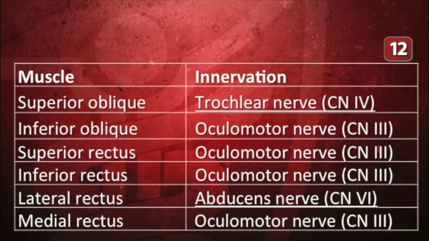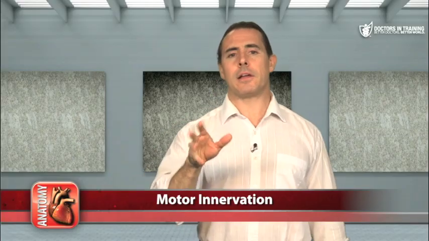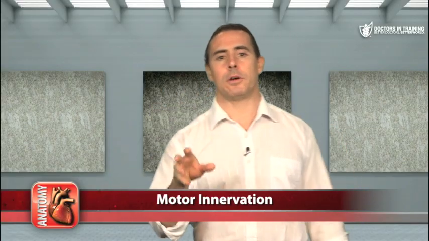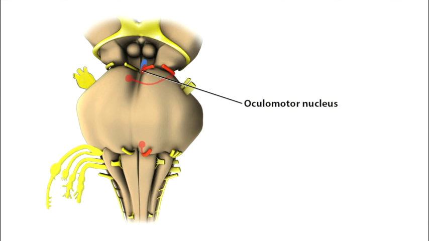extraocular muscles except for the superior oblique and the lateral rectus, which are innervated by the trochlear nerve and the abducens nerve, respectively. Each of these three cranial nerves arises from separate nuclei bearing their names in the brainstem. The oculomotor nerve is carrying motor nerves from the oculomotor nucleus in the midbrain and preganglionic parasympathetic nerve fibers from